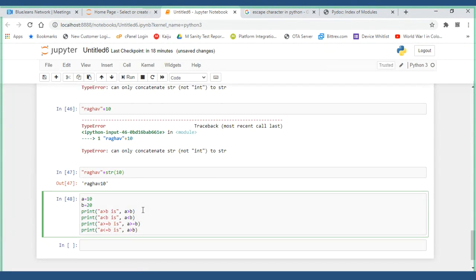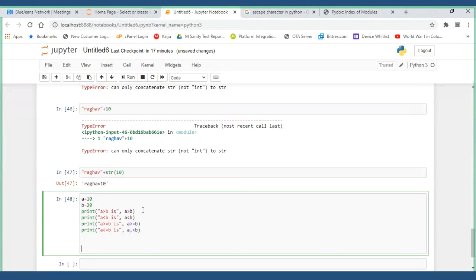But you'll come to know about it anyhow. Then what else, guys? Not equal to. Relationship operators: less than or equal to, not equal to, equal to.